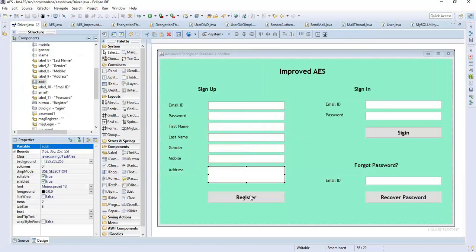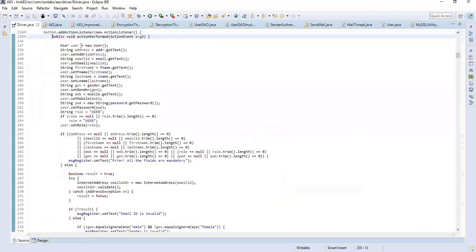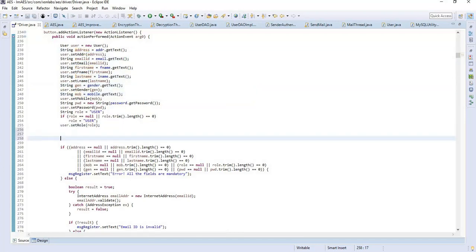So on click of register, what will happen? Just click that. See, this part of the code will get executed. This is the address entered by the user, this is the email ID entered by the user, this is the first name, last name, gender, mobile, and the address. Here you will have to add some code. Just as an example, I'm showing, if address dot